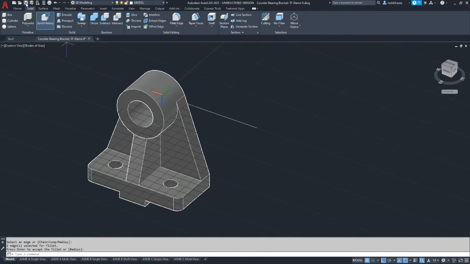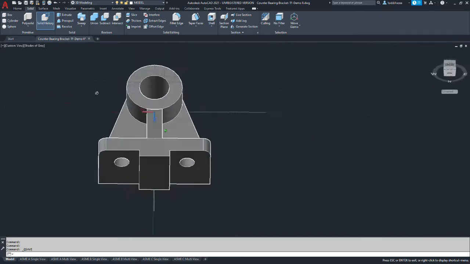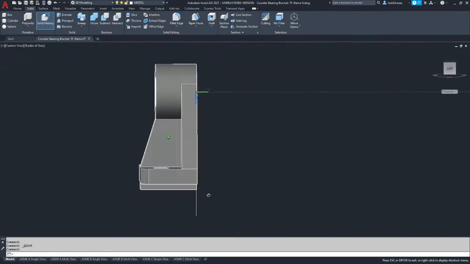This is a good place to save because we could have a crash depending on what goes on with the next few. Okay, so to successfully fillet this, you have to go in a certain order or the fillets fail.